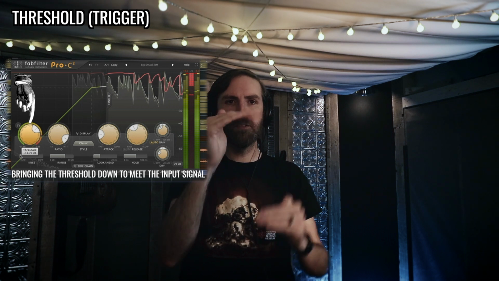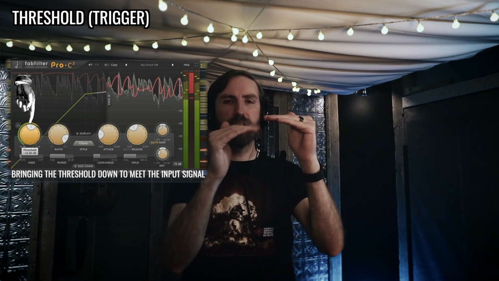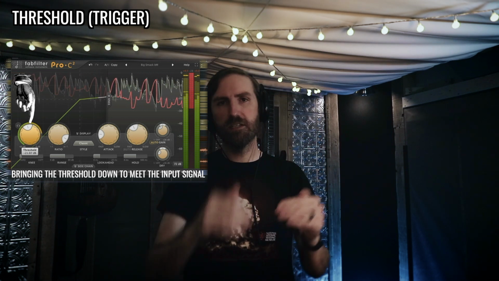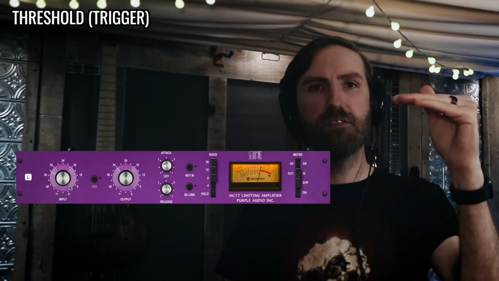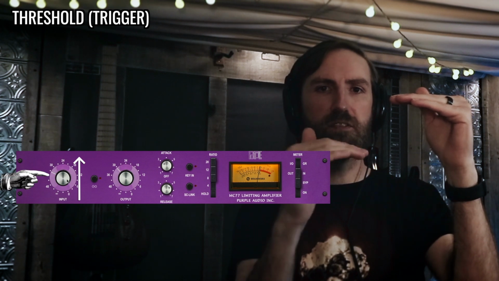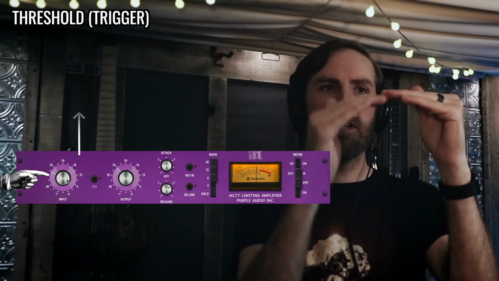Some compressors, you can control the threshold and bring it down to wherever the signal is. Like say here's your signal bouncing around here. You can bring the threshold down to control when the compressor starts operating. In other compressors, the threshold is set, so you have to adjust this input level to start hitting that. Generally, you keep this threshold at the point where you want your robot fader hand guy to start pulling that